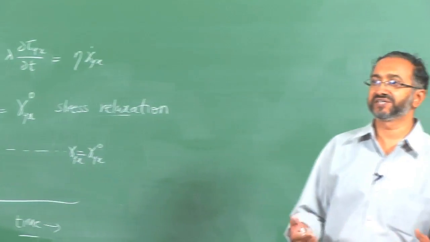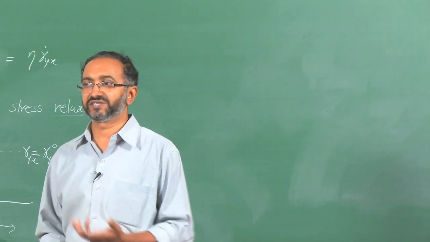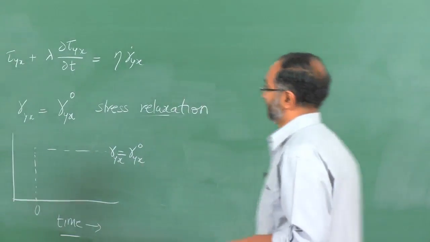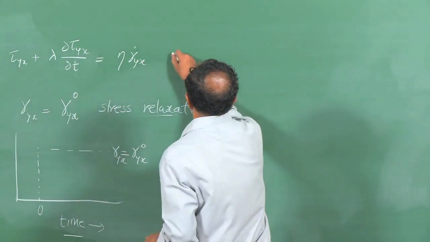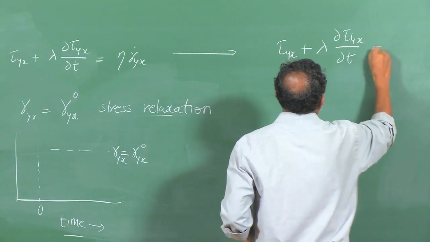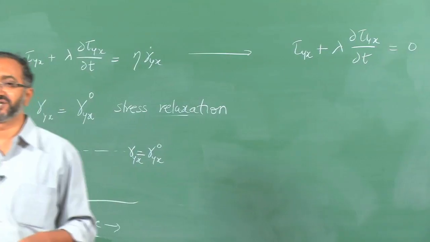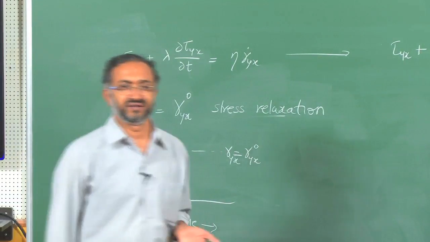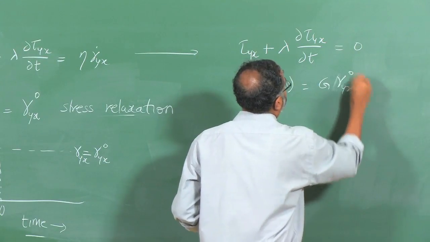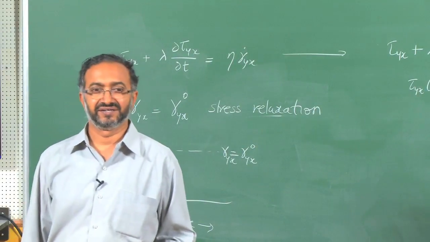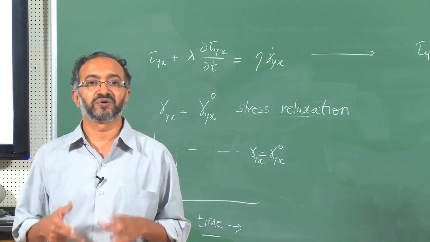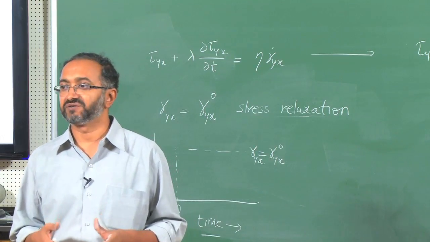and this is what we have discussed already in the previous class, that when we apply a constant strain, what happens to an elastic or a viscous material. Now we can try to understand what happens to a viscoelastic material by just looking at the response of the Maxwell model itself, and since gamma yx is constant, the governing equation for the Maxwell model will be lambda del tau yx by del t plus tau yx is 0, right. So it is an ordinary differential equation, and the solution of this is an exponential, and for the initial condition we can write that at time t equal to 0 stress response is completely elastic. So whatever deformation is put, and G, which is a parameter which describes the elastic response of a Maxwell model, that is the amount of stress which is required initially at time t equal to 0,